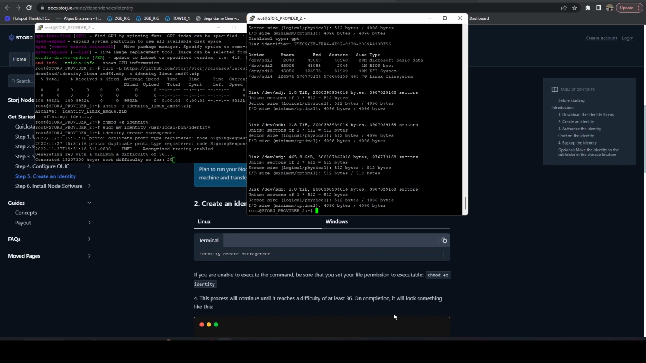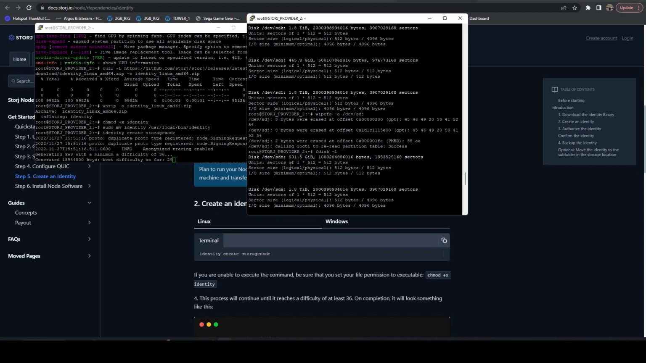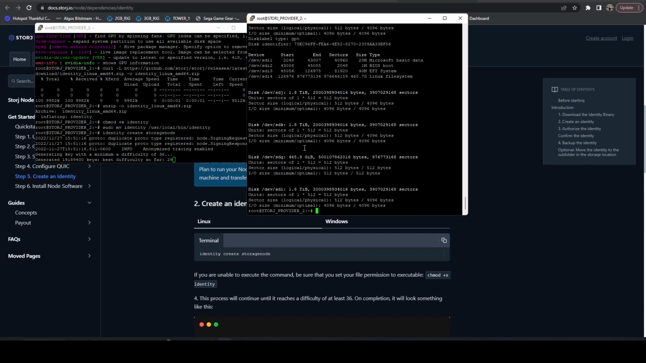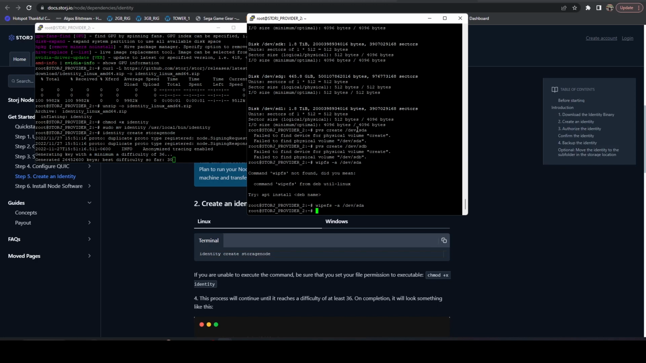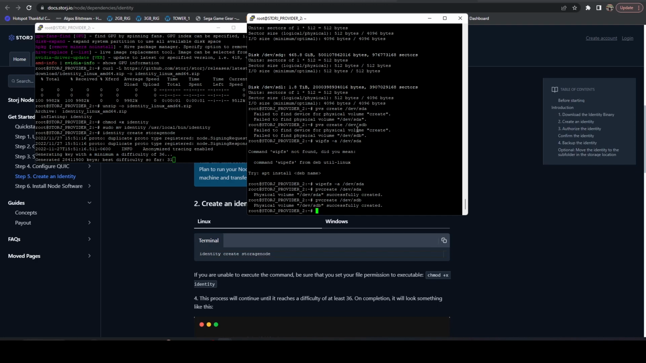Okay. So now if we do fdisk -l, we don't have any partitions on any of these disks other than sdi, which is what our operating system is running on. So the next step is to create a physical volume. There we go. Alright, so we've got sda, then let's do sdb. Alright, then we're going to do sdc,